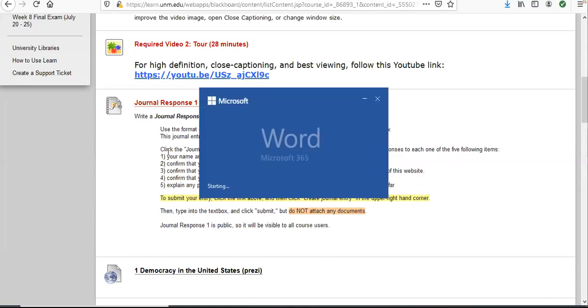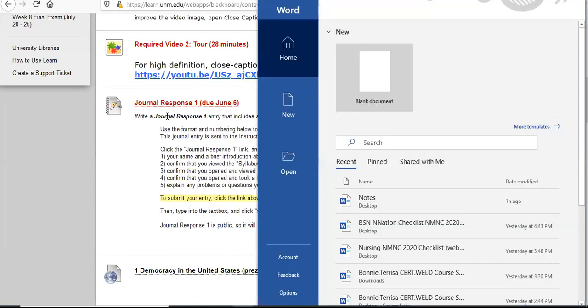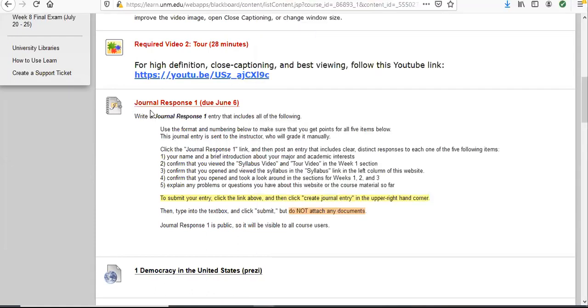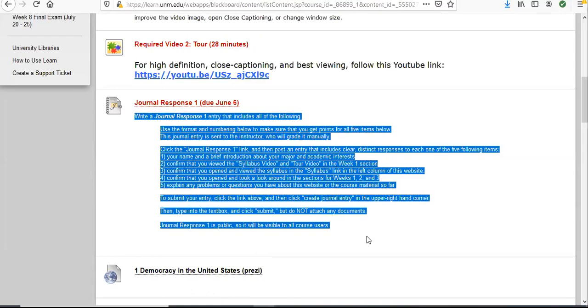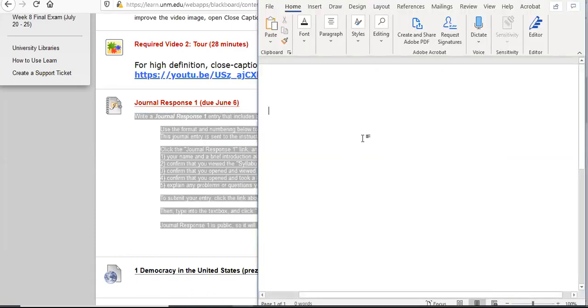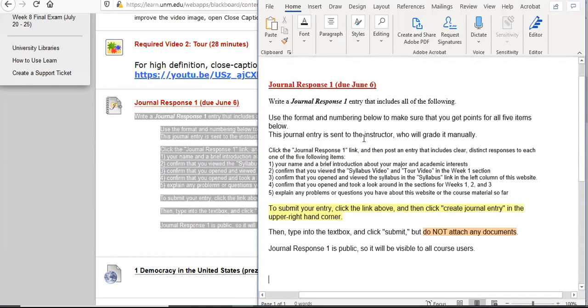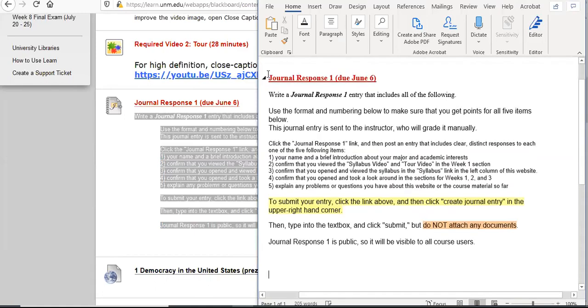So let me open up a Microsoft Word blank document. So here I'm going to highlight that, Control C on your keyboard, and then you're going to click onto here and Control V. Here you can also put at the top political science 1120. So that way you have this. You can always save it, and then you can always